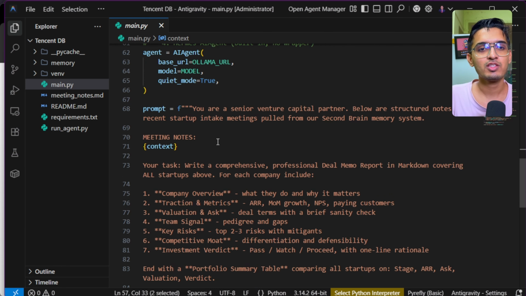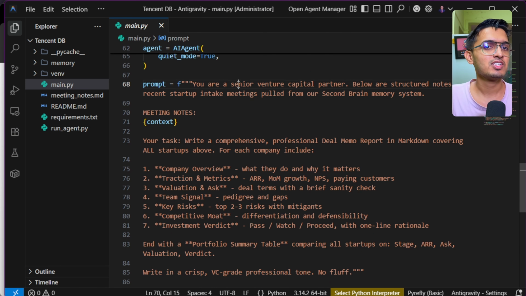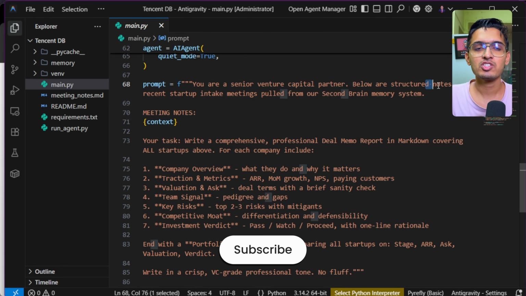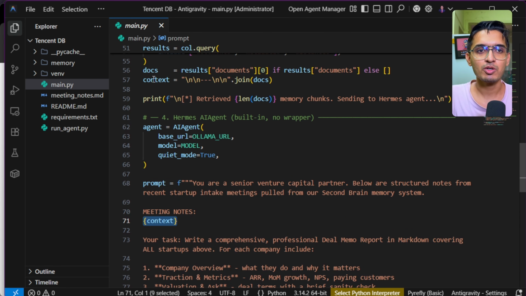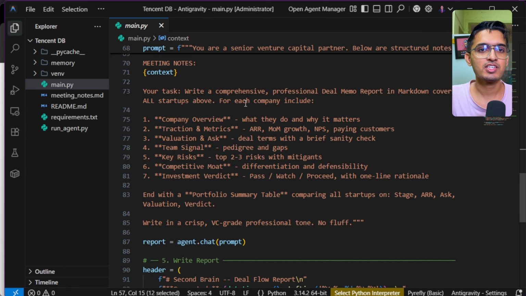Then I'm going to define the prompt for my Hermes agent, that it is a senior venture capital partner. Below are the structured notes from the recent startup intake meetings that we have built from our second brain memory system. Then for the meeting notes, I'm going to give the context that we have built above, and then I'm defining a task that it has to write a comprehensive, professional deal memo report covering all the startups above, and for each